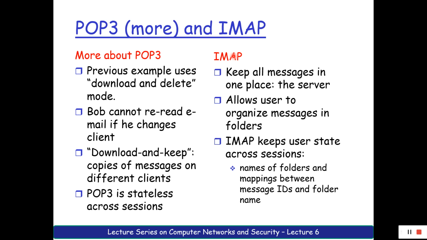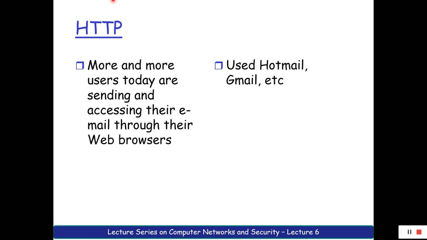But when we were interested in having a graphical user interface, we moved on to something called HTTP. More and more users today send and access their mail via a web browser, correct? So we just make use of something like http://www.gmail.com. This is the habit that we have. That is the reason that, to access as well as push mails, we started making use of HTTP, and SMTP remained only between two mail servers, and POP3 and IMAP had to be eliminated.